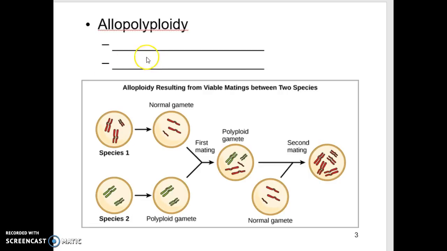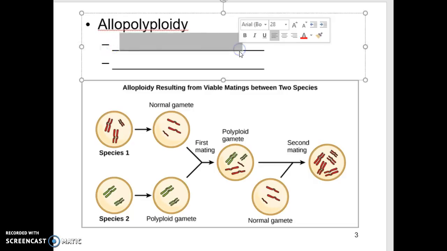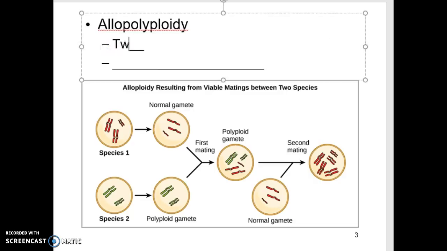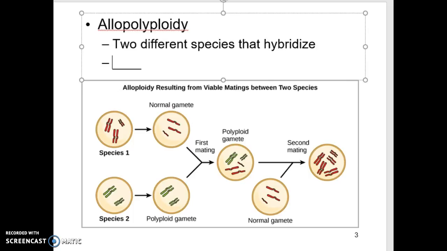Now with allopolyploidy, this is where we have two different species that hybridize. Okay, so you've got two different species hybridizing, and that produces the abnormal amount of DNA or the new genetic